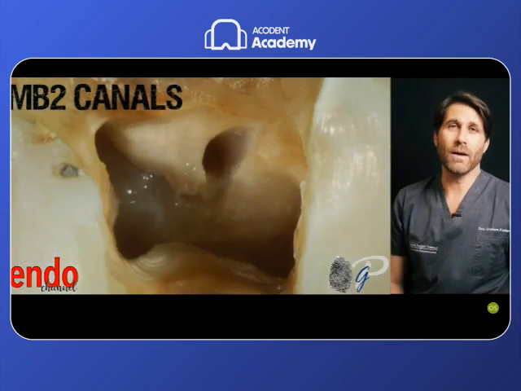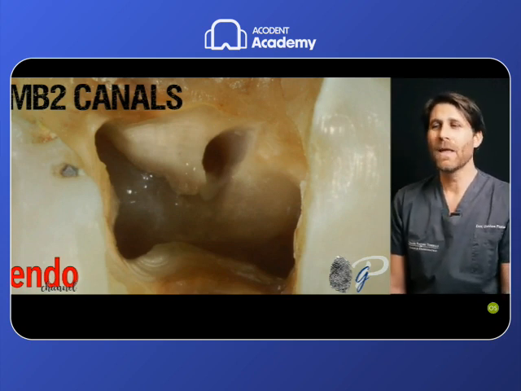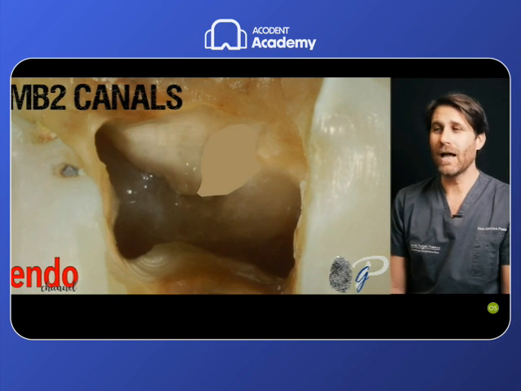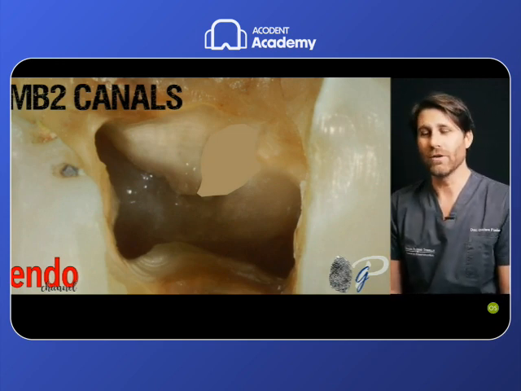We have spoken about the MB2 root canals during the orifice location lesson, because these MB2 root canals have this amount of dentin that covers the orifice of this root canal.